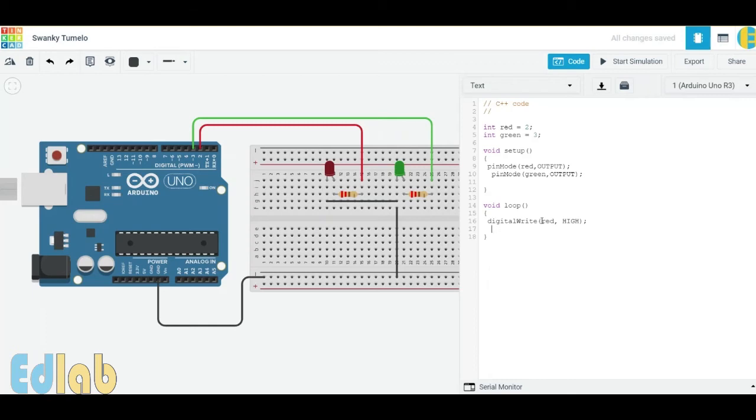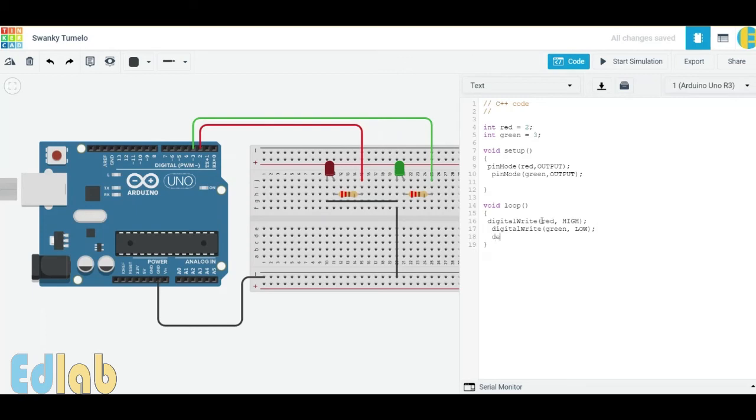We want to turn off green, even though it is already off. It's better we write it in the program, because we want to make sure this functions properly.